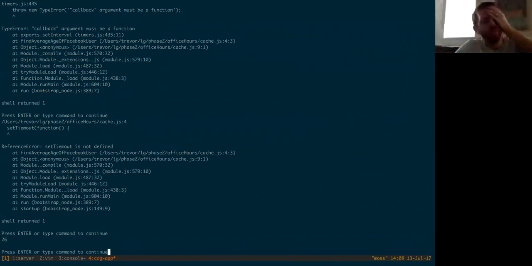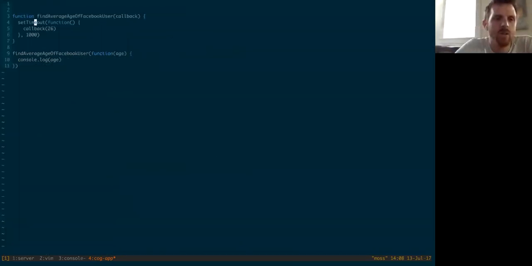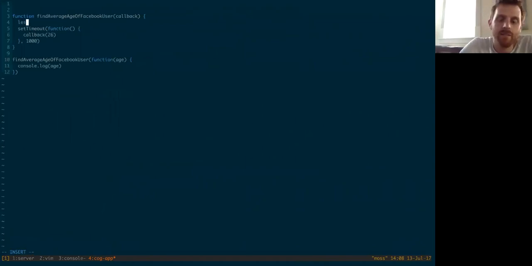Okay, so it waits a second, prints out 26, right? So this is your case of, I have this function, but it's slow, right? This thing that I'm doing on lines 4 through 6 takes a long time. So an example of caching would be to do something like this and say, okay, I'm going to set a